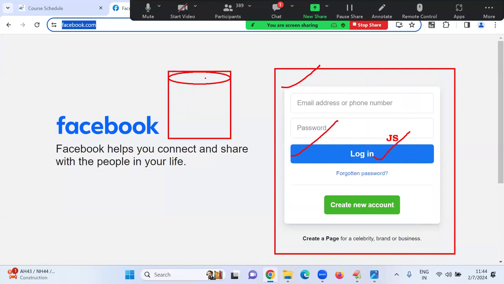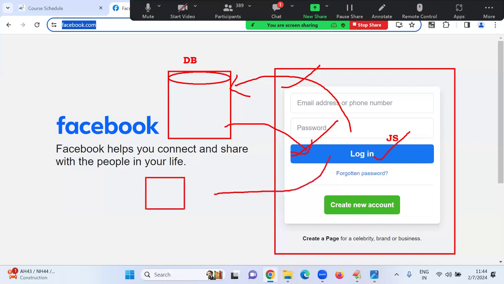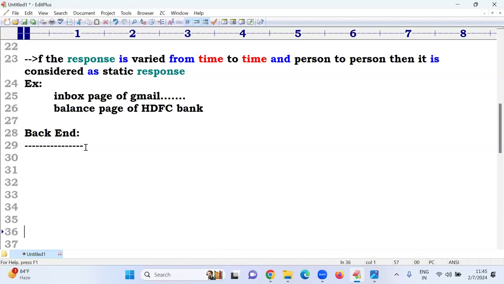The database administrator takes care of that. We go with the database: is it connected, available or not available? Based on that, we get a response, and that response is sent to the end user. That is the backend functionality. To develop this backend, can anyone tell what is required?